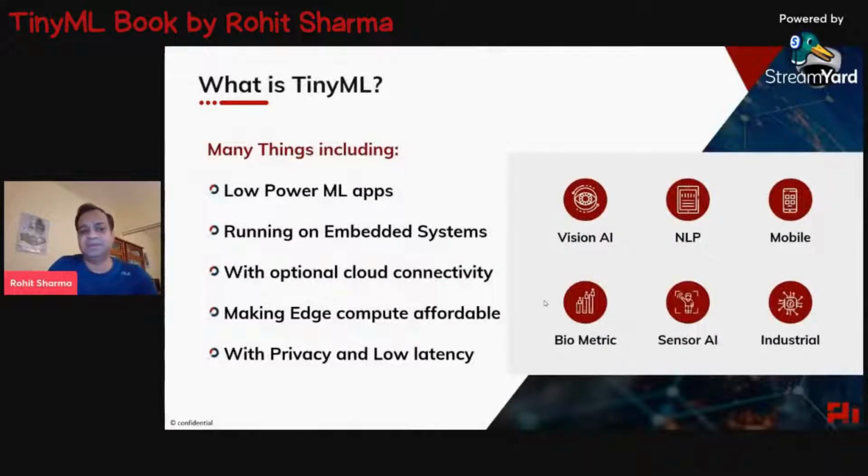So what is TinyML, right? Many things, including low power machine learning apps. They're running on embedded systems, typically without an operating system. If you have slightly more powerful embedded systems, like 4 to 8 gigabytes, you can run it on an RTOS and some other